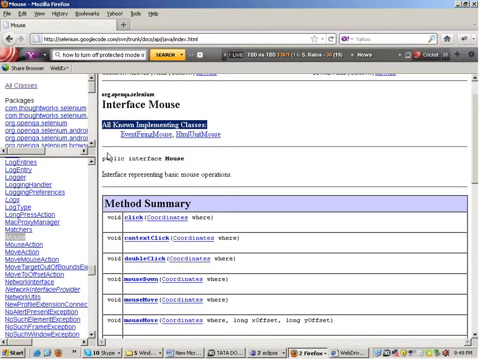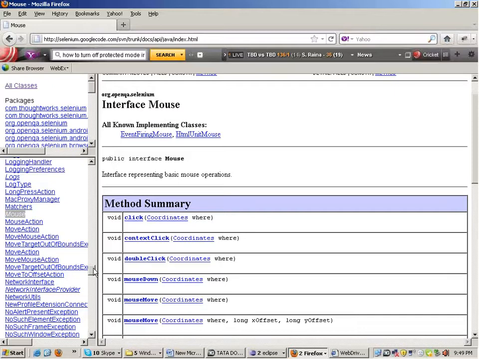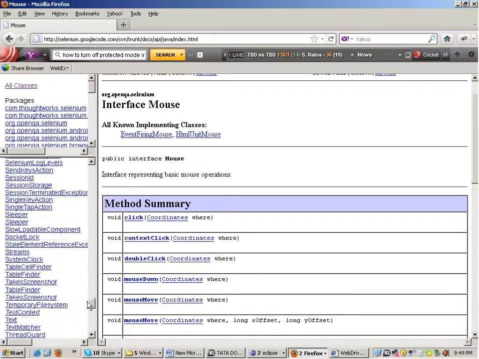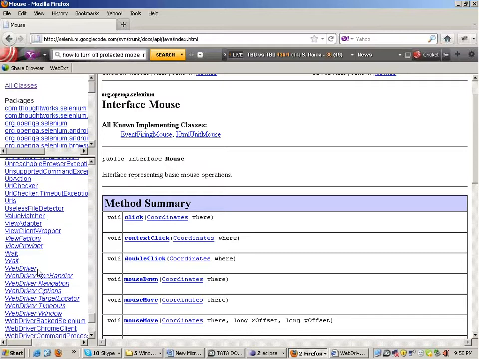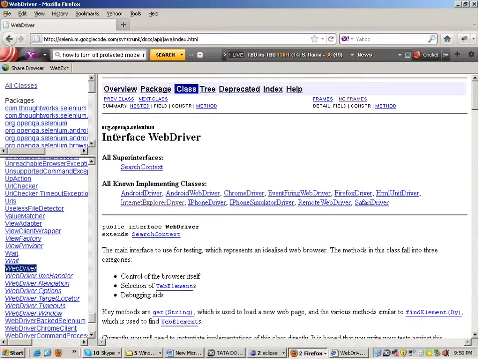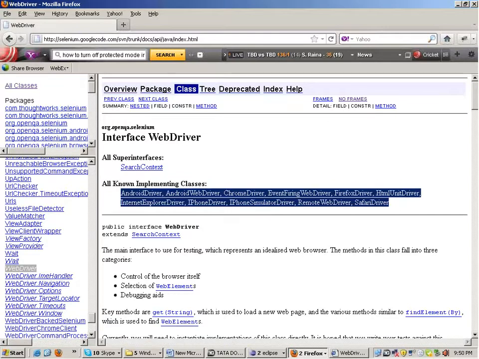Okay. Similarly, everybody has heard the word WebDriver. Okay, what is WebDriver? If you look at this, then you will find that WebDriver is an interface, and all these classes here: Android driver, Android WebDriver, Chrome driver, event firing driver, Firefox driver, HTML, Internet Explorer, iPhone, remote, Safari driver.